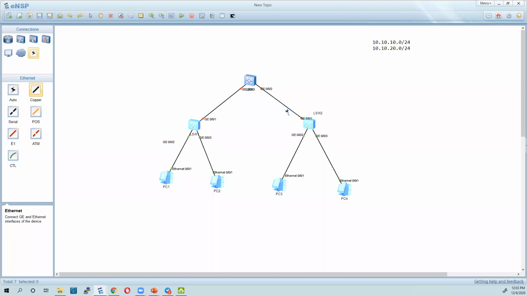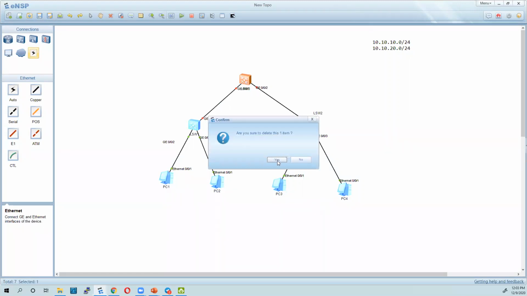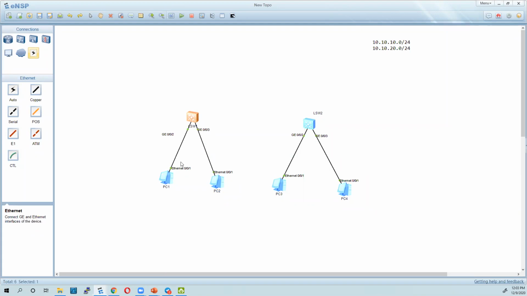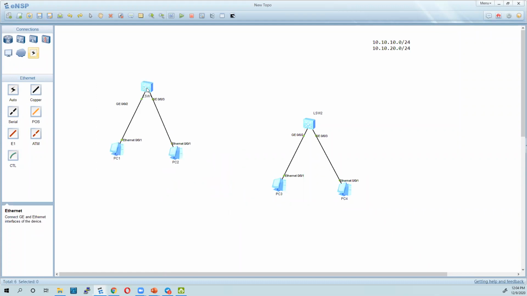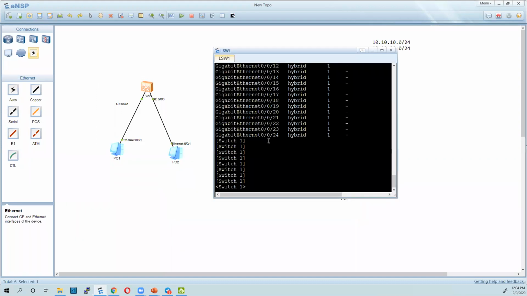These interfaces are going to be trunk ports. So this is the layer 3 switch. Actually, I think for ease, we can use this as a layer 3 switch, isn't it? This is VLAN 10, this is VLAN 20, right? Yes. So we can open up this and just configure VLAN interfaces for the first method. Configure VLAN interfaces here.